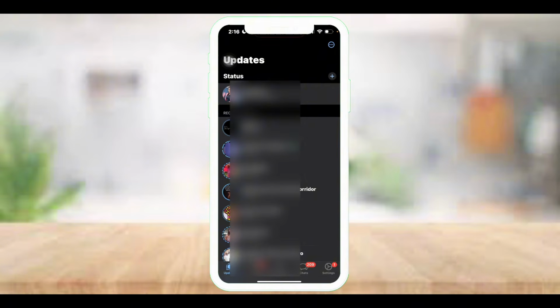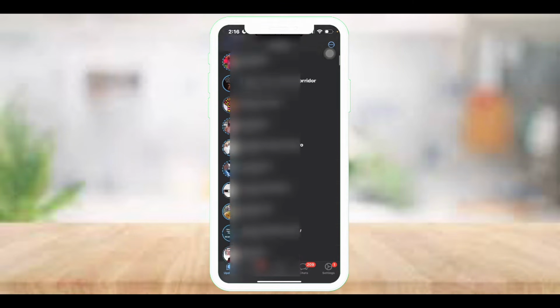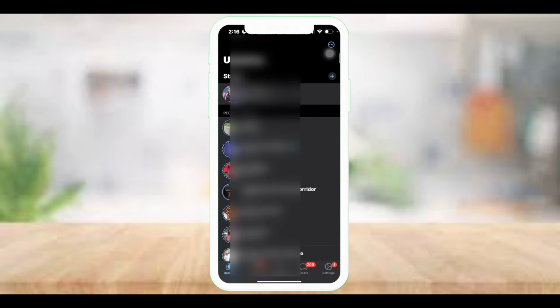And I believe this is much better than when it's on the horizontal line. The key still remains that you will not be able to search for any status you want to view. If you want to view any status, you will have to scroll down till you get the particular status you want to view. But if you still want to search, maybe there are some status you have in